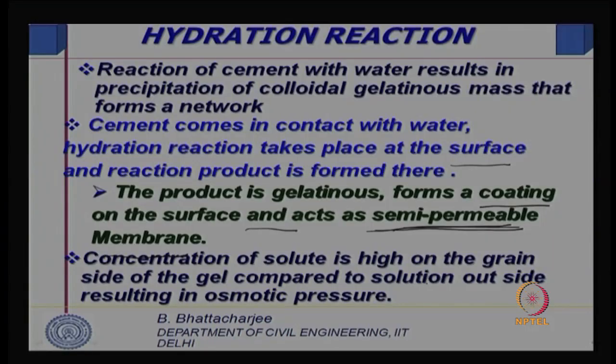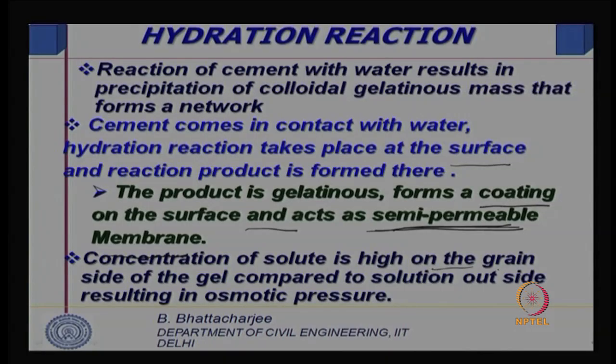So, anyway, at the moment we understand that there will be an osmotic pressure created on the grain side, and that will result in rupture, breakage of the semi-permeable membrane, and water will penetrate into the unhydrated portion of the cement, right. It will penetrate into the unhydrated portion of the cement, and thereby the hydration reaction would progress. So, concentration of solute is high on the grain side of the gel compared to the solution outside, resulting in osmotic pressure,